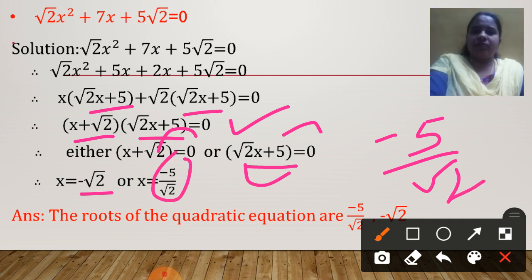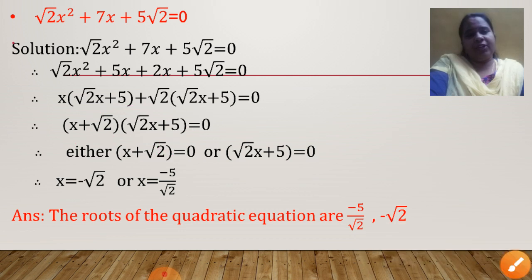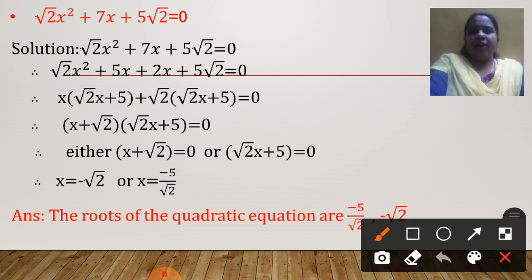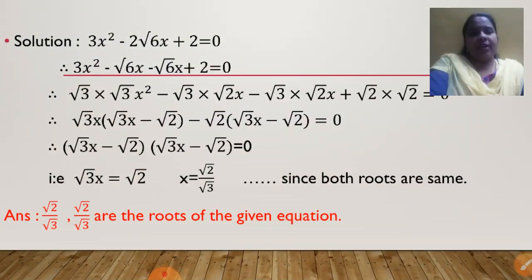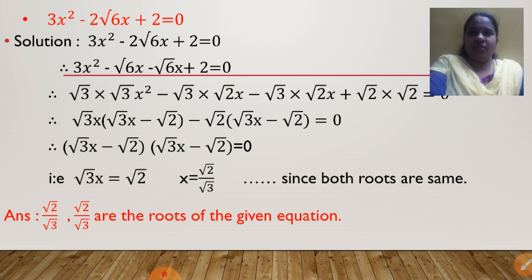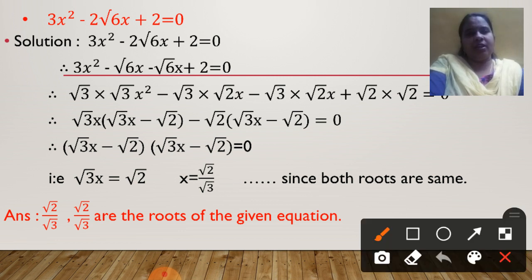See this answer. Okay, so I hope you have understood this. It looks so difficult. Just increase one step here if you want. Write this 2 as root 2 into root 2 into x and then you try to take common. It will become easy. Okay, similar to what we have done in the previous sums. So these are the two answers of it. I hope you have understood all the steps. Exactly same time is the next question. Yes, I have increased one step here for you. Let's see how it can be done.